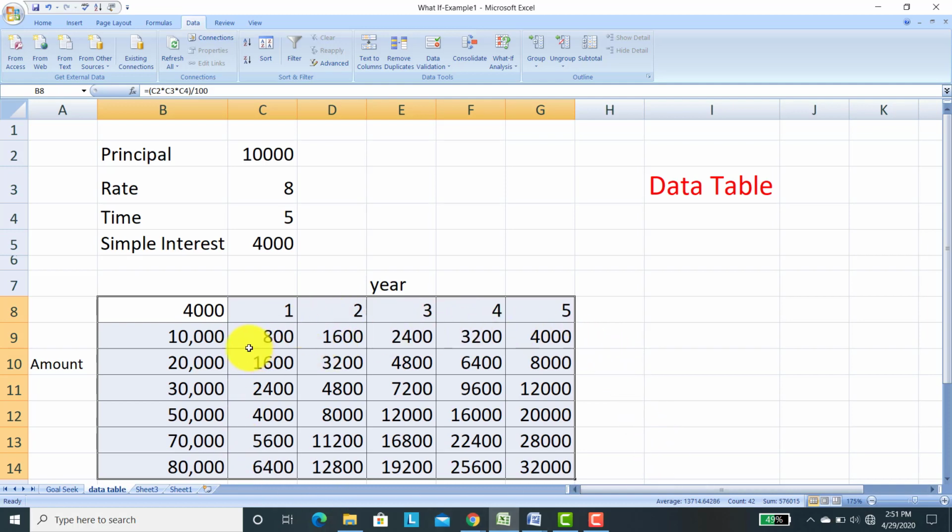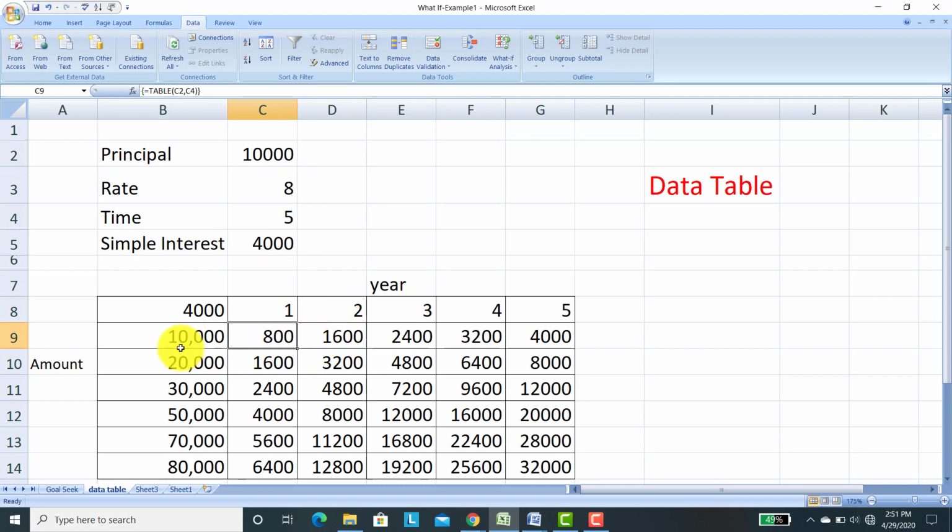How can you read this? If you have taken a 10,000 rupees loan from the bank for 1 year at 8% interest, then you have to pay 800 rupees interest to the bank. If for 2 years, then you have to pay 1600 rupees.